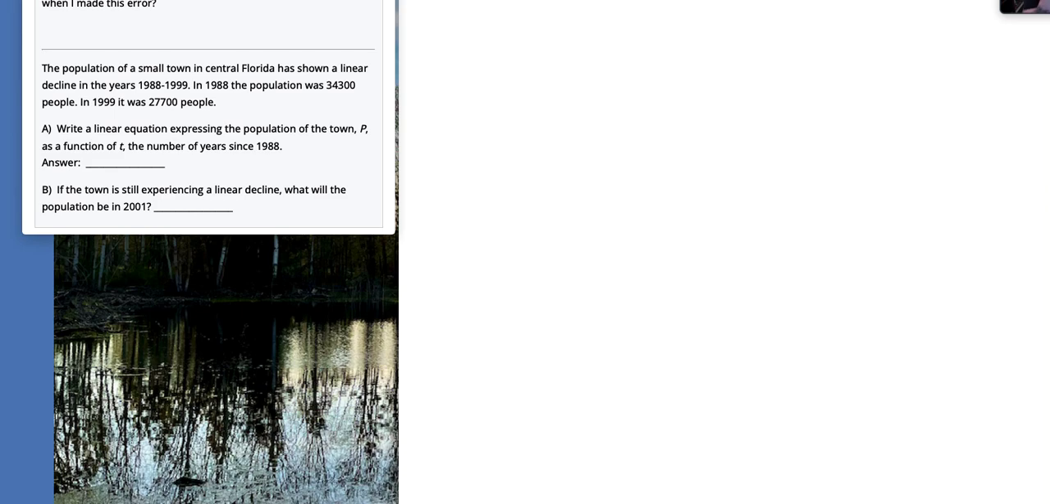And that's where I think you may have had some troubles. So here in 1988, the population was 34,300. But what this sentence right here is saying is let T be the number of years since 1988, which means 1988 is now T equals 0. So when I write out this ordered pair to figure out my equation, instead of using 1988 in this, I'm going to just use T equals 0. And at that time, the population is at